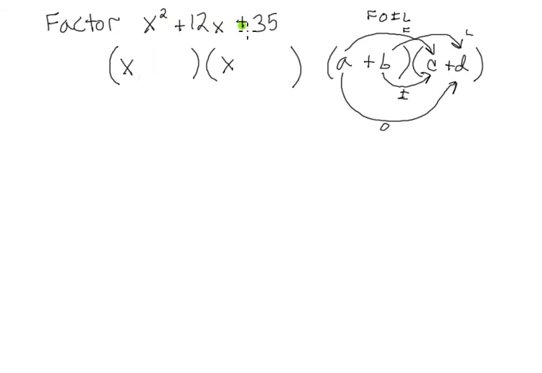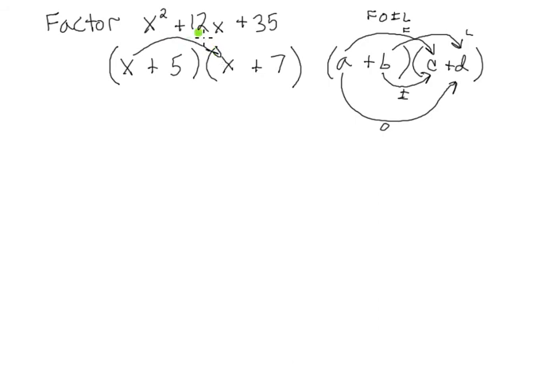We have two positive signs here, so we can go ahead and just put plus and plus, and we can try a 5 and 7 here, because we know that's going to multiply out to be 35, and it's going to add to be 12. So now if we were to think about foiling this back out, we could go ahead and just check that this answer is correct and say, okay, well, let's